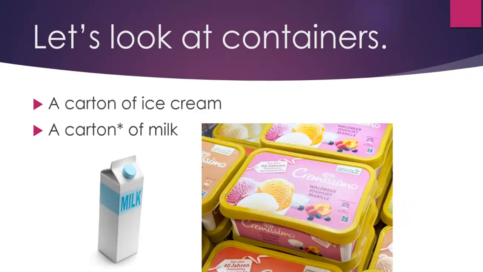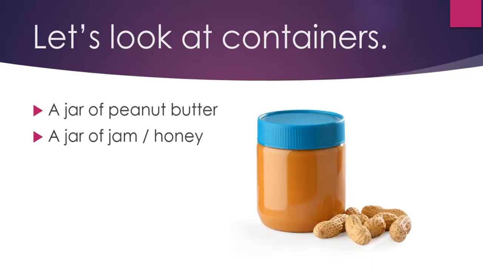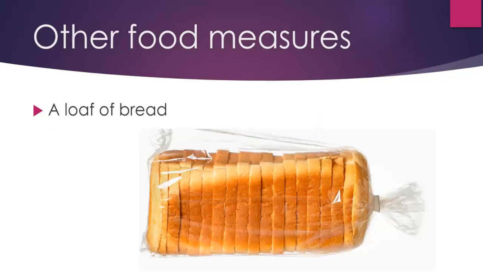A carton of ice cream, a carton of milk. What's the difference between a carton and a bottle of milk? A carton is usually square and made of cardboard. A jar of peanut butter, a jar of jam, a jar of honey, a loaf of bread,